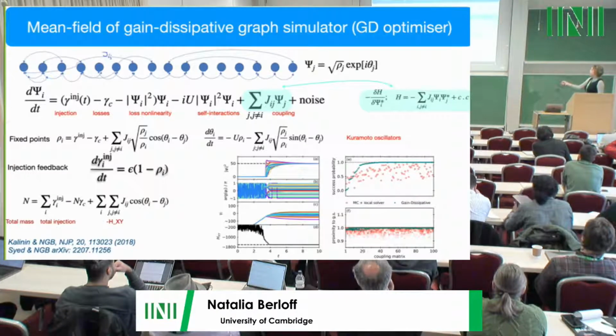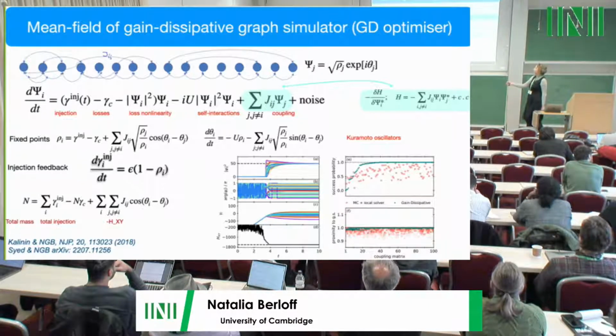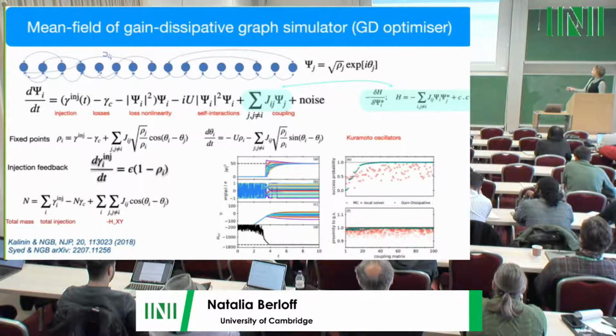So that suggests that we need to bring all this amplitude to the same value. So we need to put the injection feedback where each of these injections is now individually modified so that all the amplitudes go to the same value. Just put one here. And so with this feedback mechanism, now we do have minimization again of the XY, because if I now count the total mass, every amplitude is 1. So in the system of n condensates, we have mass n.